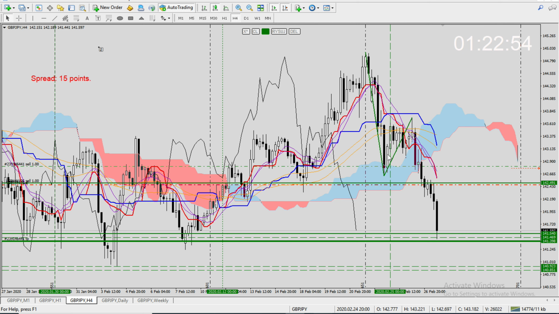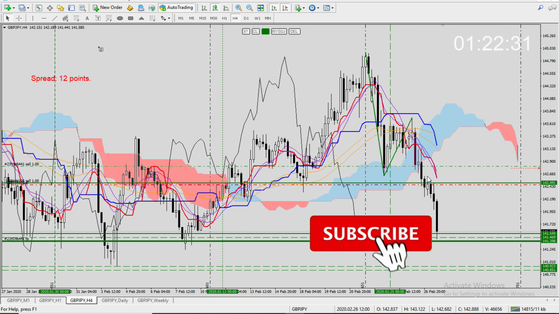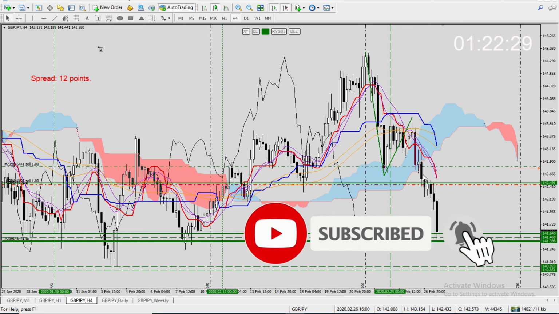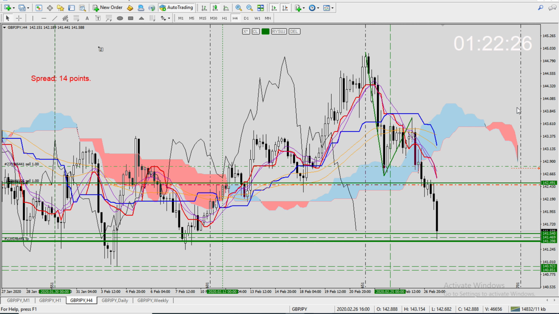Then we bounced off beautifully back to Kijun, and then again a massive fall below Tenkan, and that was just a matter of time. And after this beautiful black candle, everyone already knew, and everybody was joining the happy group of sellers. I did it a bit earlier because I predicted that from the time theory as well, so I got